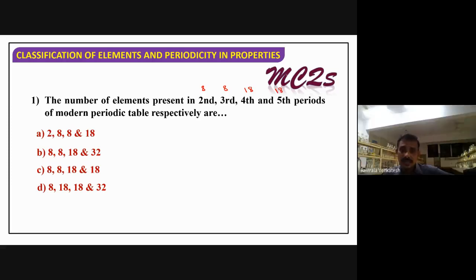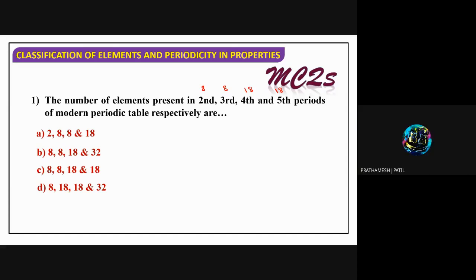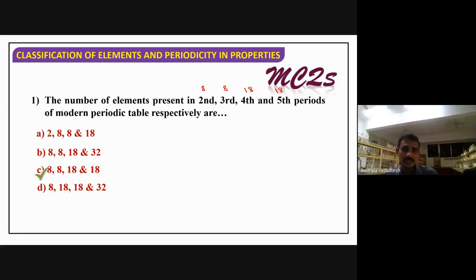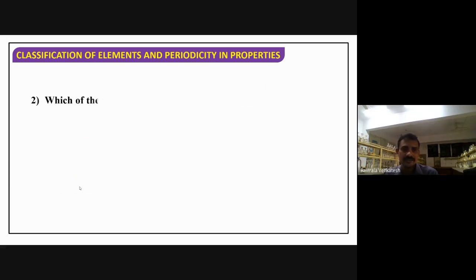18. Now listen here, it looks very simple for you, but in the examination, giving the answer is very difficult. But you have to practice a number of times. That is the reason I'm explaining and giving the questions also, so that it will be practice for you. So the answer will be 8, 8, 18 and 18. Which option has the answer? Option number C. So in this way, in different methods they will ask. If we know the periodic table, then only we can answer here.